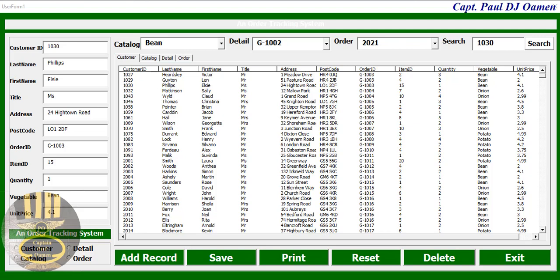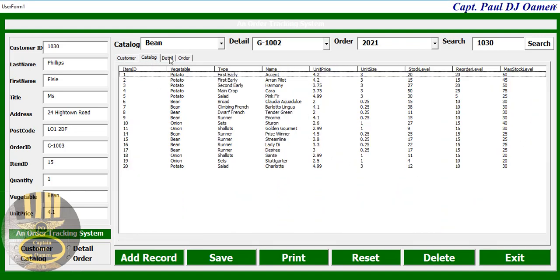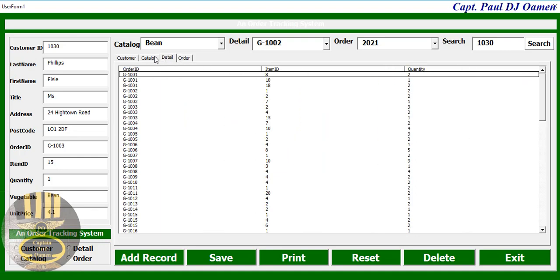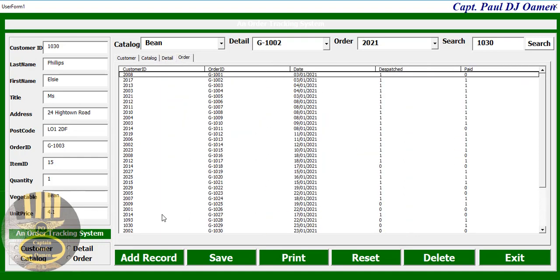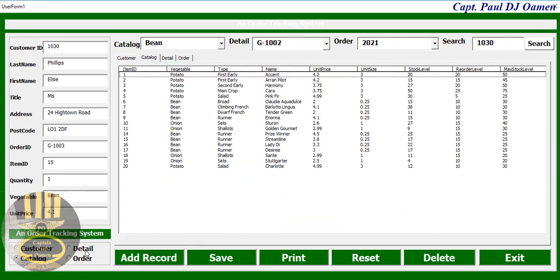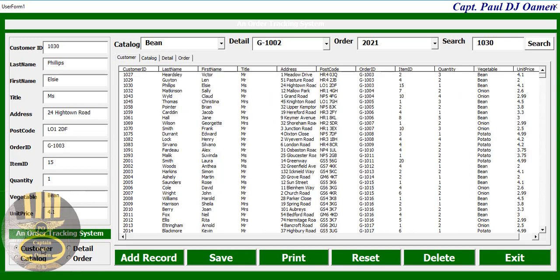Hi and welcome to an order tracking system developed with Excel using VBA. Let me show you guys how this works. Right here we have a multiple page, so we can always click on that and look for any other tab of information, or you can just click on these radio buttons or option buttons. There we go. We can add new data, or we can even reset the whole lot and enter new data